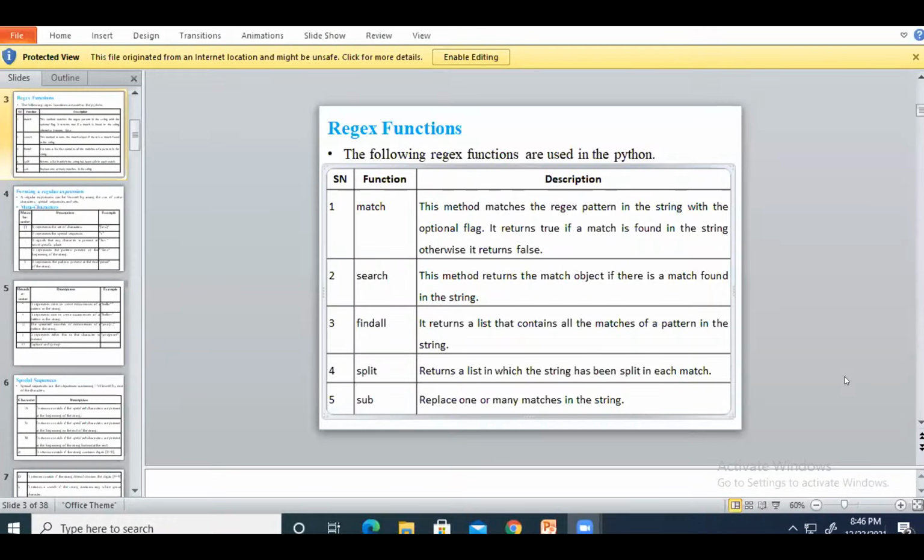So all of you understood the sub operation. Sub operation means replace one or more matches in the string. We have to do it like a replace operation. Sub operation in regular expression replaces the output. Any keyword, like if you take how, that will be replaced with y or some other value. Okay. So all of you understood this sub operation? Yes, ma'am.